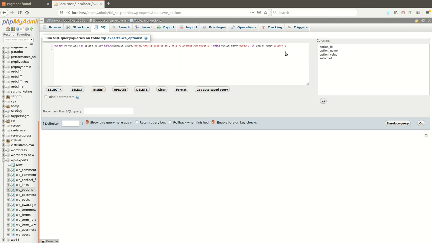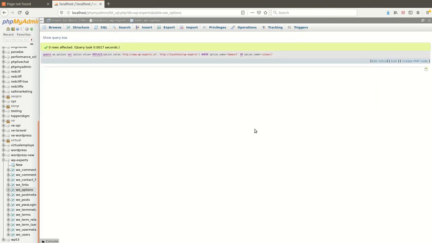Now let me check whether this query is working or not. I'm just going to click on run. Zero rows affected. This means the value is not updated in my table. Let me check.